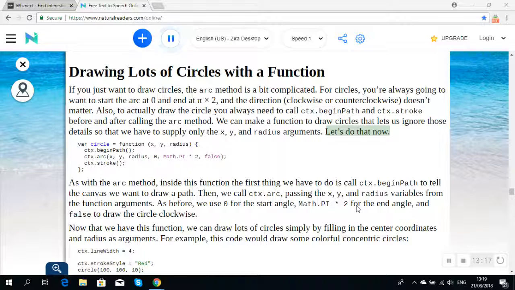Let's do that now. var circle = function (x, y, radius) { ctx.beginPath(); ctx.arc(x, y, radius, 0, Math.PI * 2, false);